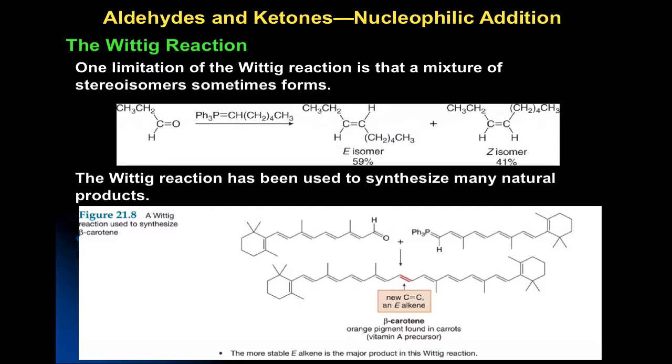Okay? Now it turns out that the Wittig reaction has another drawback, and that is that you don't get a single isomer out. Remember when we have double bonds, we can have cis and we can have trans, or E and Z, right? It turns out that if you take an aldehyde like this, you take a phosphorus ylide like this that just has an alkyl group on it, you get about, that's almost 1-to-1, right? I mean, if we fudge the math a little bit, which is what I like to do because I'm an organic chemist, right? But 60-40,